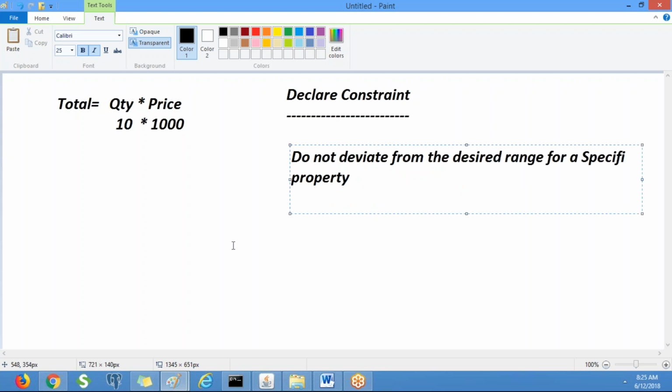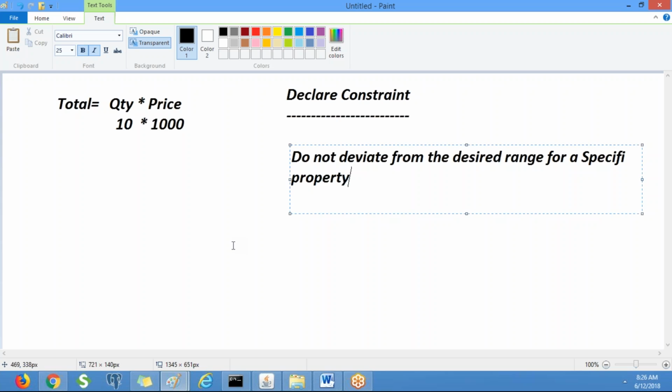we have a loan amount property in our application, right? The requirement is that loan amount should not exceed 50 lakhs. If the user enters more than that, let's say more than 50 lakhs, it will display a message saying that loan amount should not exceed 50 lakhs.